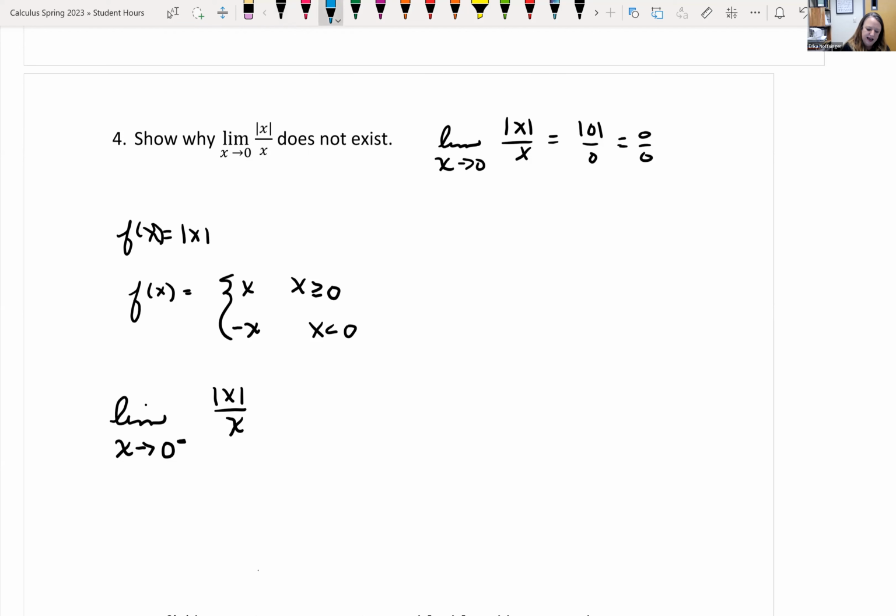Well, if I'm looking at this absolute value of x and I'm plugging in numbers that are less than 0, then I'm basically looking at the limit as x is approaching 0 on the left. That absolute value of x, I'm going to write it as negative x over x, which simplifies to -1. So the limit as x is approaching 0 on the left of -1